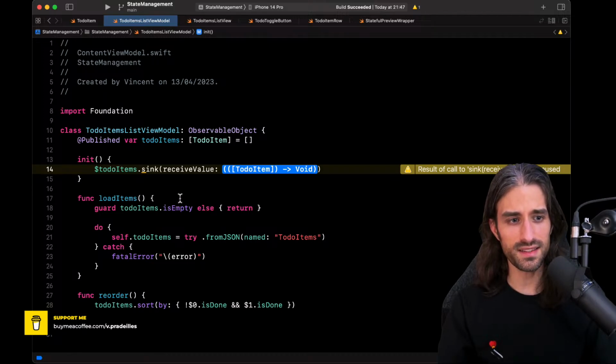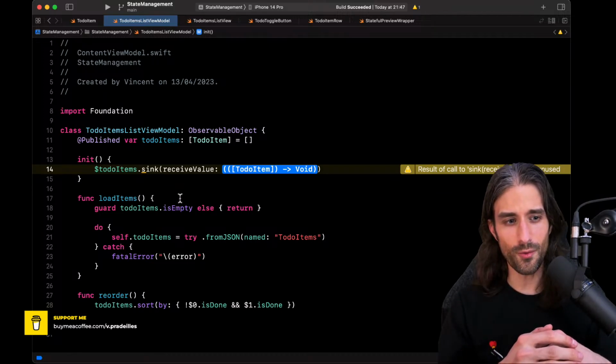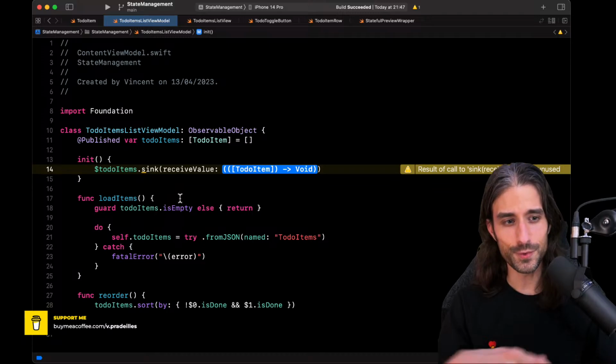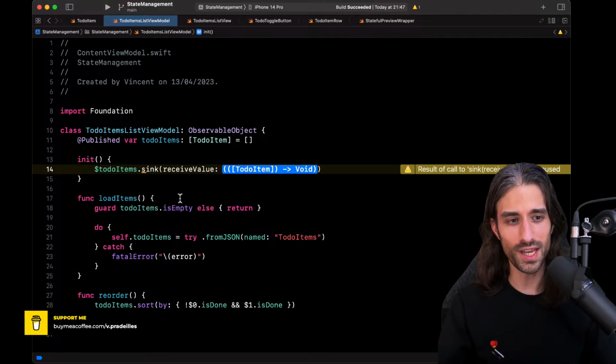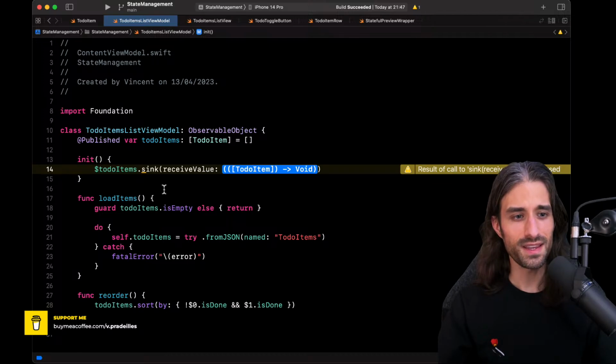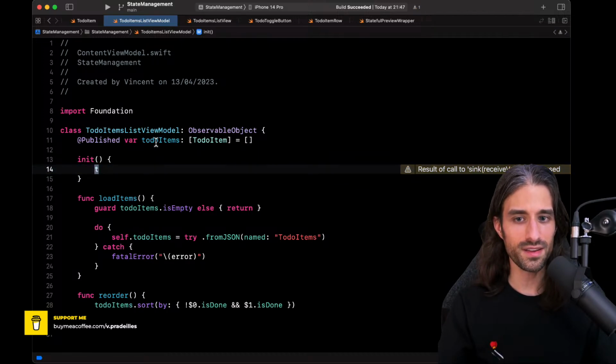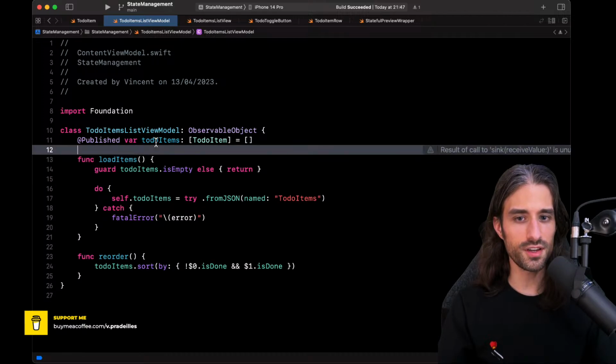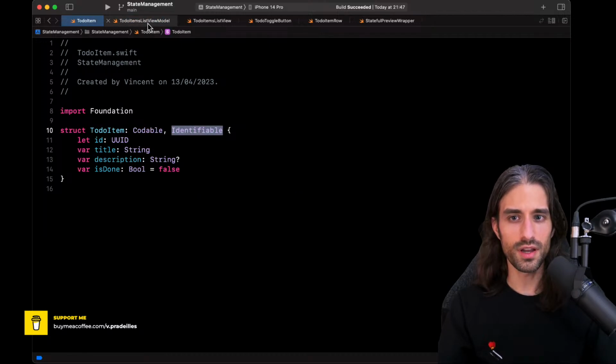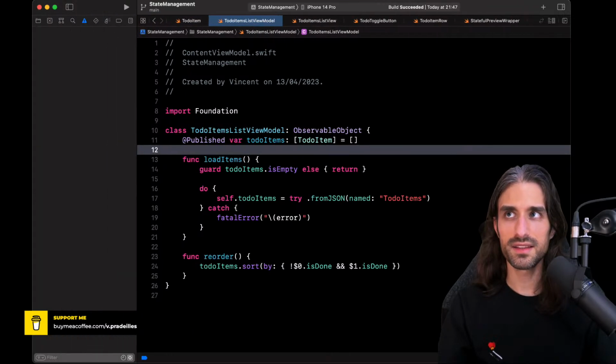The issue is that when you reorder the array, you actually trigger a new change to the array, and so it would trigger basically an infinite recursion, and you would get a stack overflow. So what we want is not to catch the fact that the array was changed, but rather that an element in the array was updated.